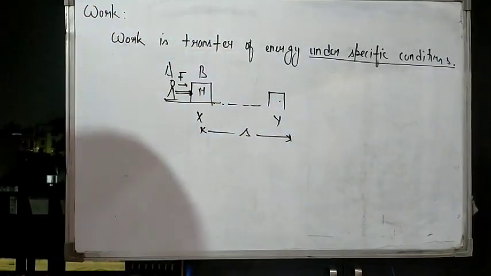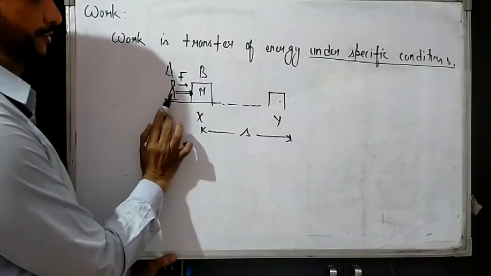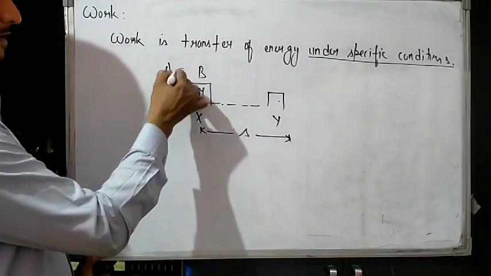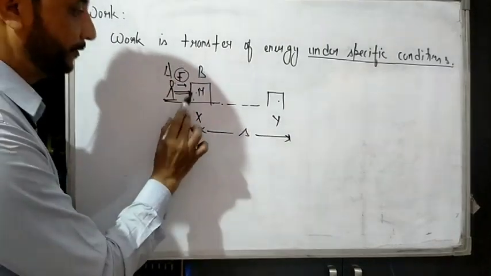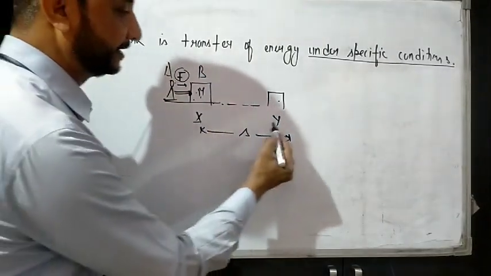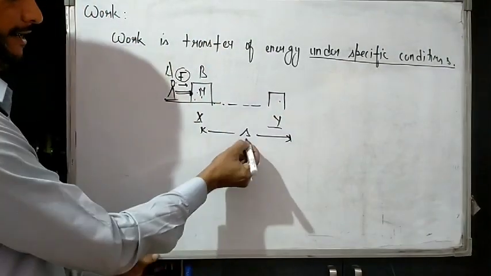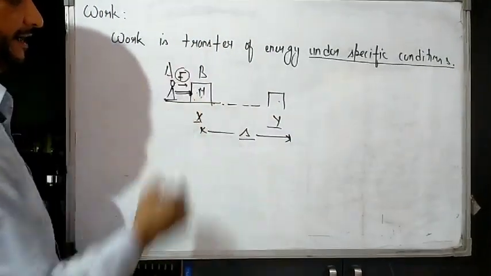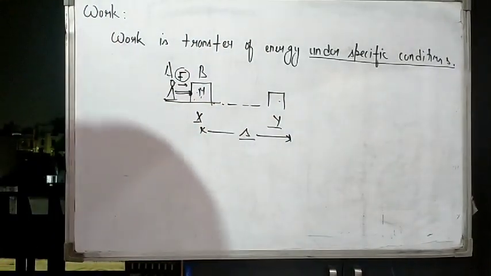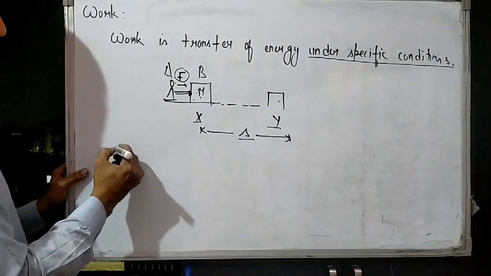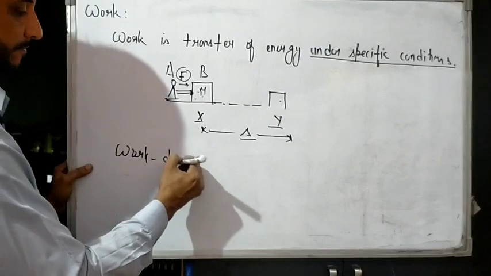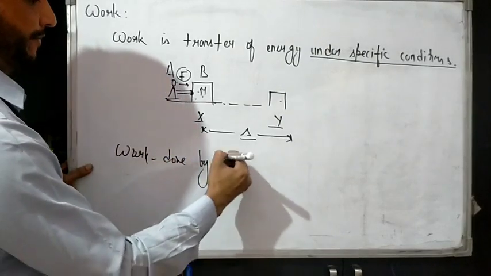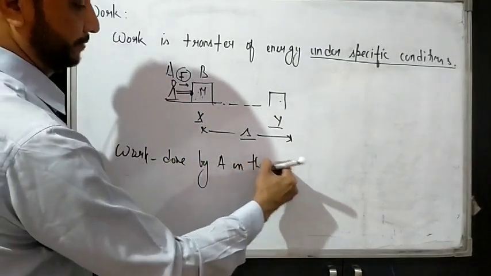A applies the force, and due to this force block B moves from point x to point y by traversing a distance s in the direction of force. So in this case we will define the work done by A on the block B